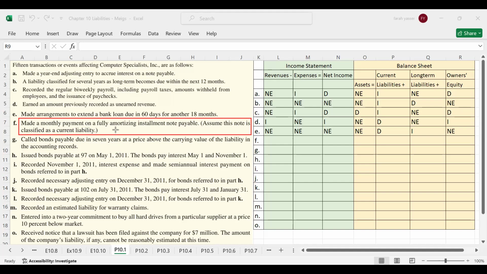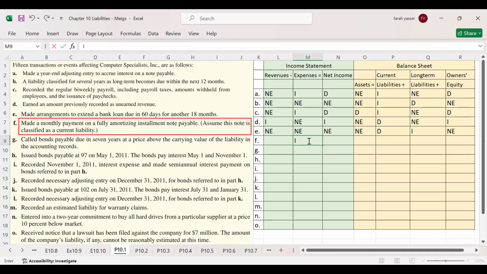So in this transaction, basically interest expense is increased because of the monthly payment on the installment note payable. So interest will be increased,